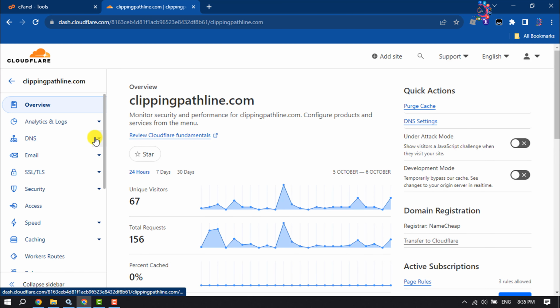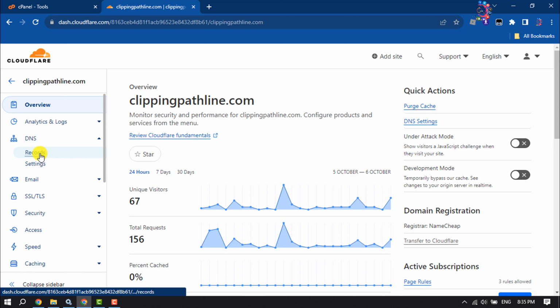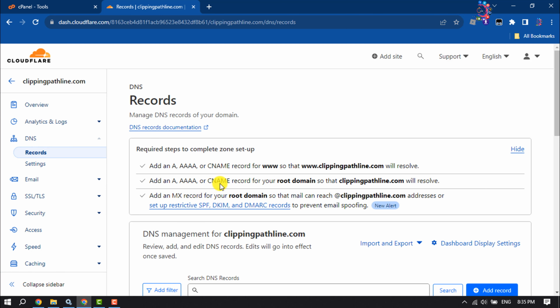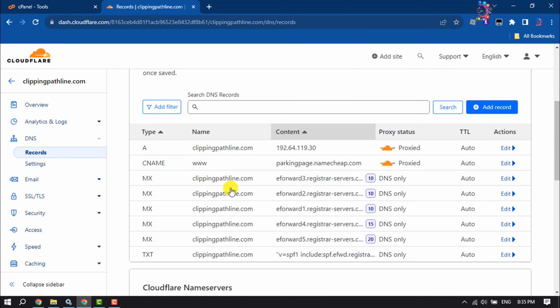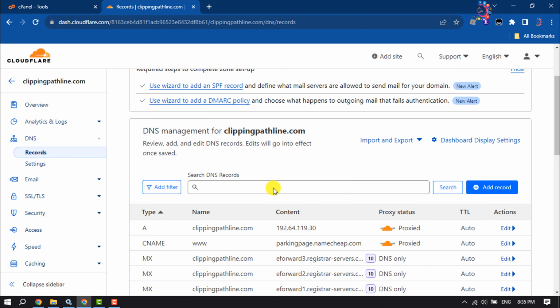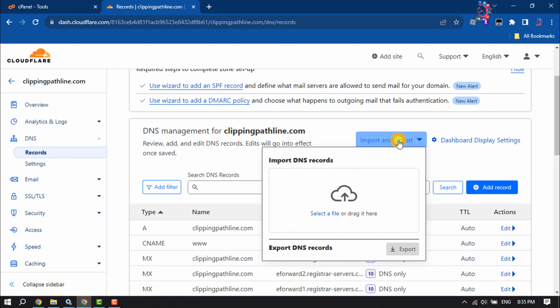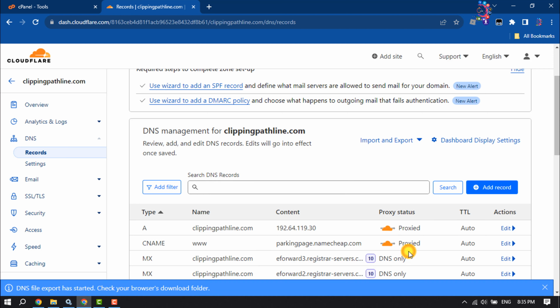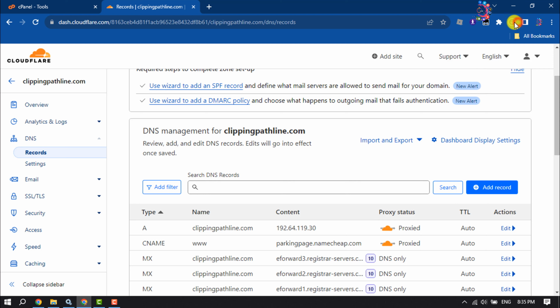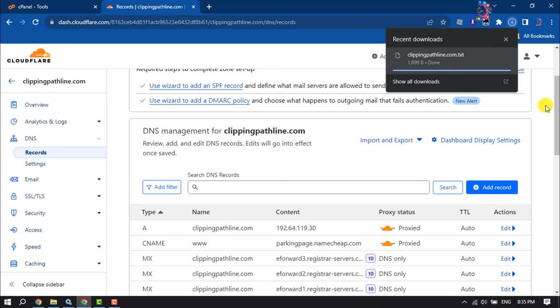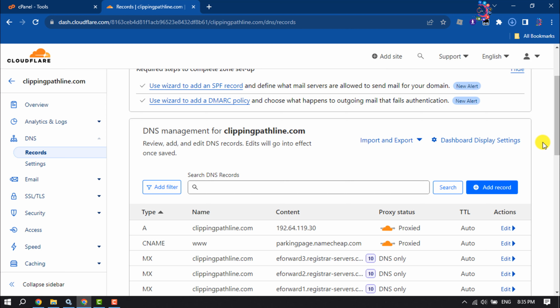Then click on DNS, select records, and here you will get all of your DNS records. And now to create a backup, click on import and export and click on export to create a backup. As you can see, it's started to download,